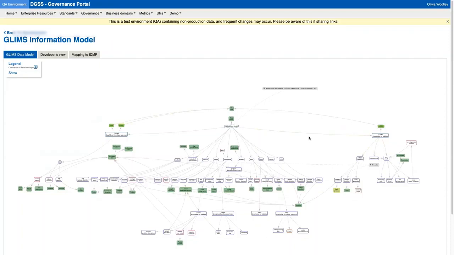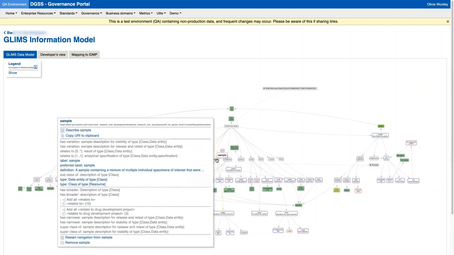We can also zoom in on the different concepts that we have. So for example, a sample is something central to the case we're studying here. And this is a sample on the stability side that we were looking at. And you can immediately see that the attributes relevant here are the storage position, description, sample pull dates, the sample time points, which is what I plot, and the sample condition. We could also quickly get a definition. What is